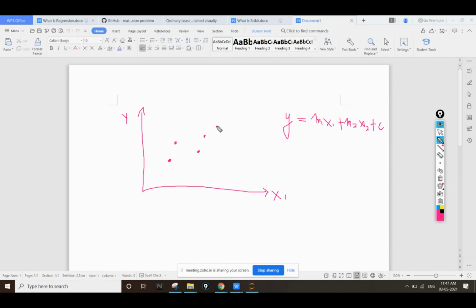So based on those points, I have to predict a best fit line, which will give me a clear output for the future points of x1 and x2. I have to predict a line which will give me the best possible output for the future points of x1 and x2, so that I can predict the value of y in future. Okay, so see, this blue line I have drawn is my best fit line, and I will do this with the help of this linear regression.